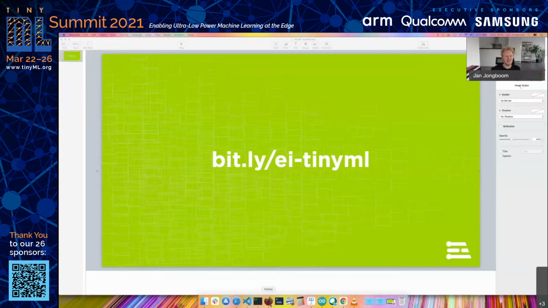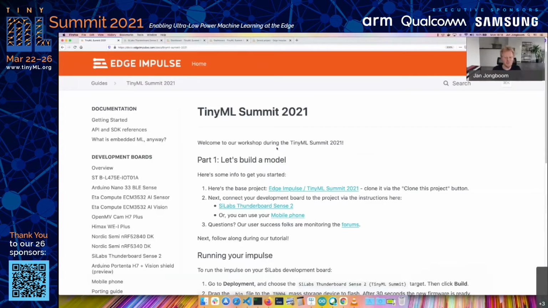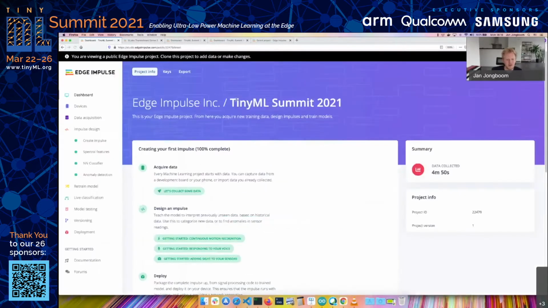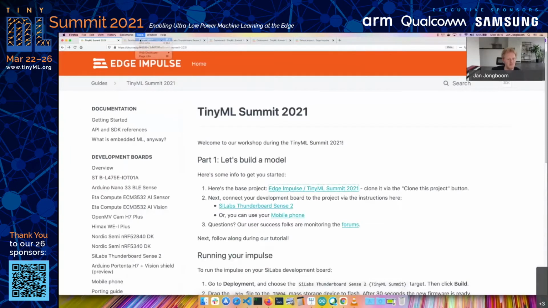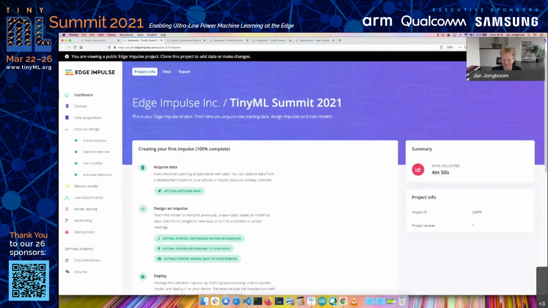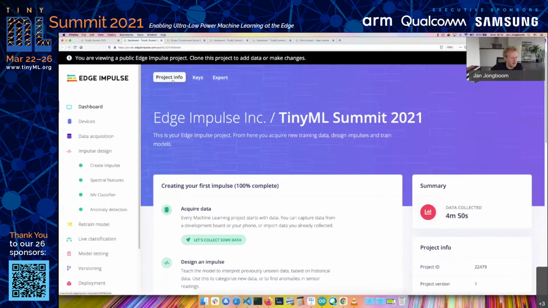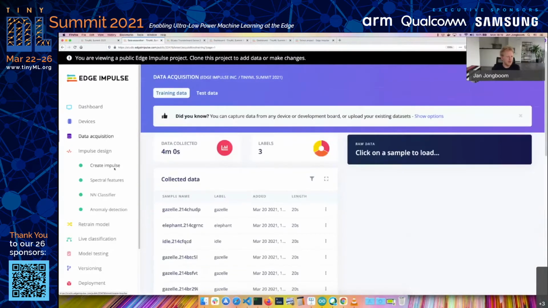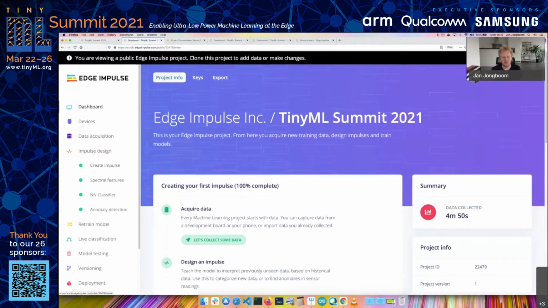So if you click that link or open it here, you will be presented with this screen. So we made a base project. It's a cool new feature actually in Edge Impulse. Let me open a new tab where we can share a complete project with the whole world. So this will not only show a data set like you might do in Kaggle, it will actually show you the complete configuration, all the neural network parameters that you had, accuracies over training, validation, and testing set, and people can clone it quickly. So you click the clone this project button,